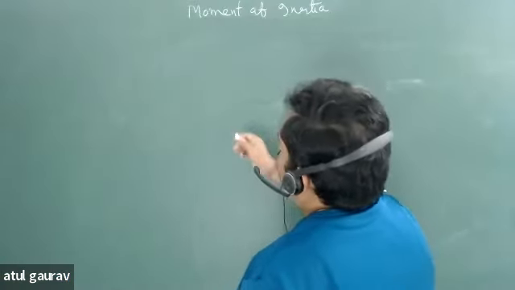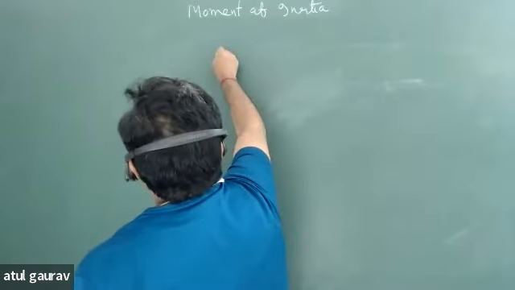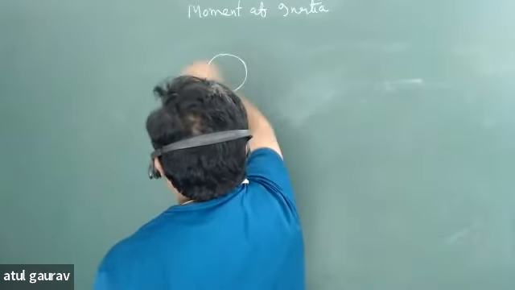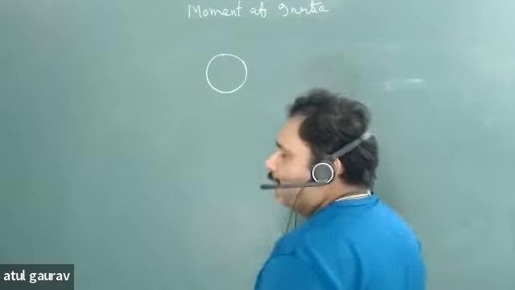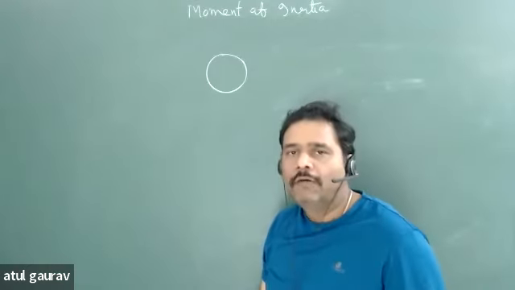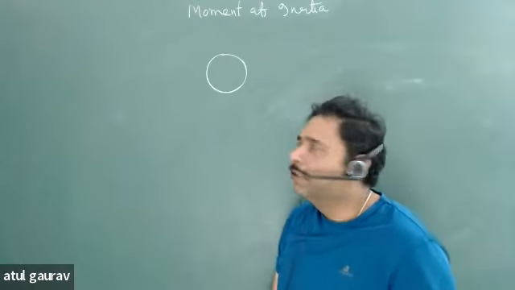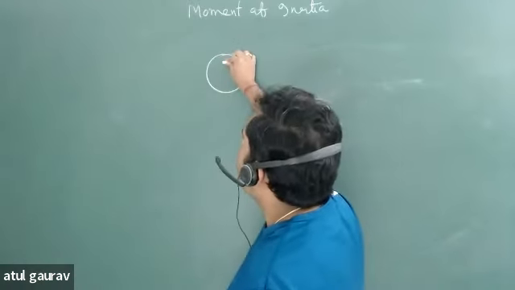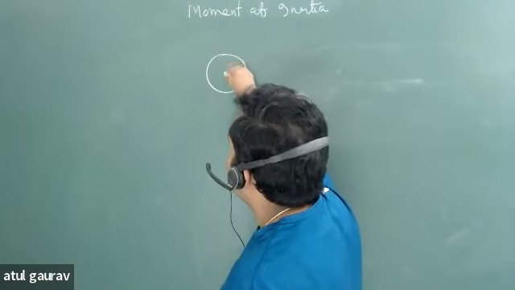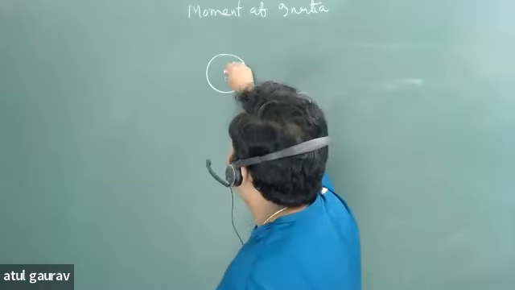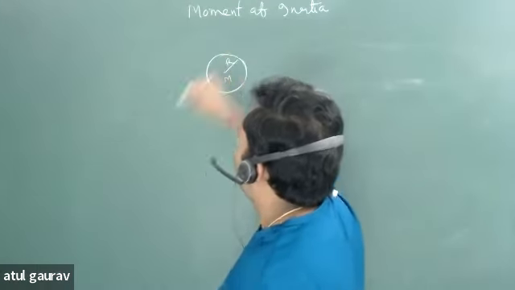Chalo, so let's go for a disk. आपको किसका किसका moment of inertia याद रखना है वो मैं last में jot out कर दूंगा, तो इसके बाद directly आप उसको parallel axis, perpendicular axis के through करते जाओगे। Now this is disk, what is the difference between ring and disk? स्मार्ट answer चाहिए।